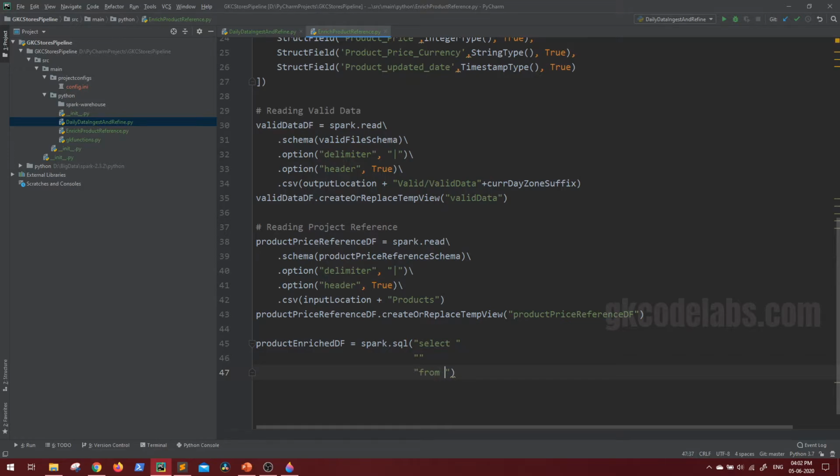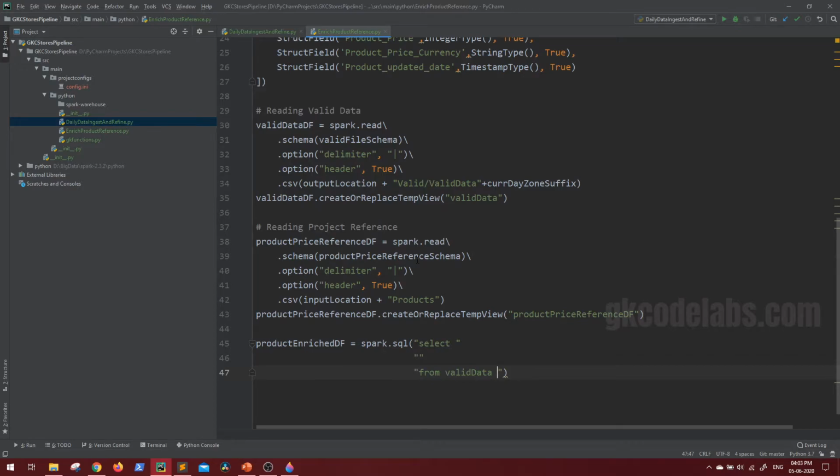Before that, let's see from where we have to collect this. Again, we have to do a join. So from valid data, and here we want just the matching columns, because I'm not sure, if there is a list of 20,000 products and in current sale maybe only 2000 product IDs are there. So I don't want all of them. I just want the inner join. That means I just want the matching records. I just want the detail of the product that is actually in my reference.